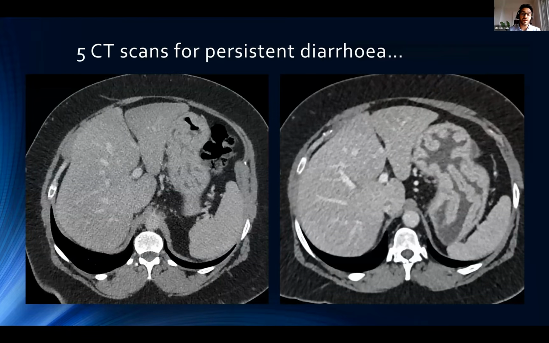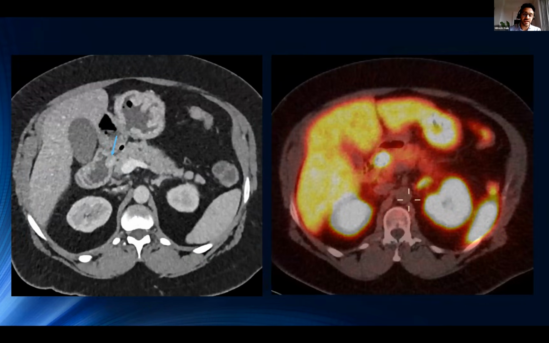Here's a patient who had 5 CT scans for persistent diarrhea. You can see on the right-hand side, there's real prominence of the rugal folds, which is abnormal in this patient that's got a well-distended stomach. However, nothing was identified in the upper GI tract. In retrospect, there was possibly a nodule along the medial aspect of the proximal duodenum. However, this was in context of the rugal fold pattern extending to that area and probable inflammatory reaction relating to the duodenum. On the right, you can see a DOTATATE PET, and there's very intense uptake, higher than that of liver parenchyma, and this was in keeping with a gastrinoma.